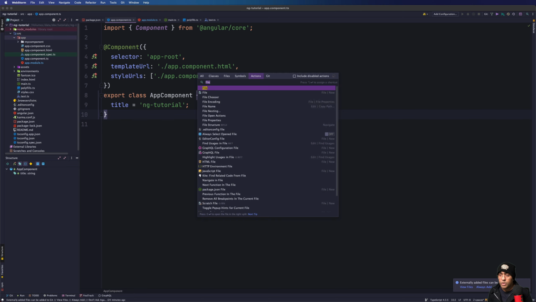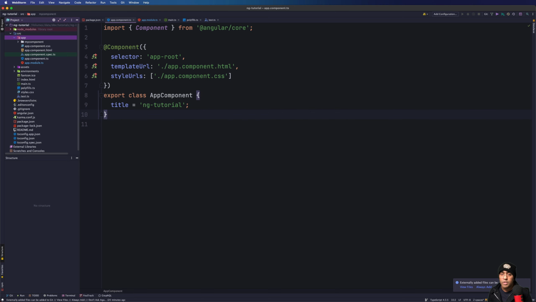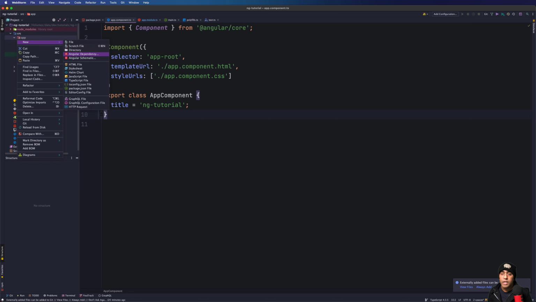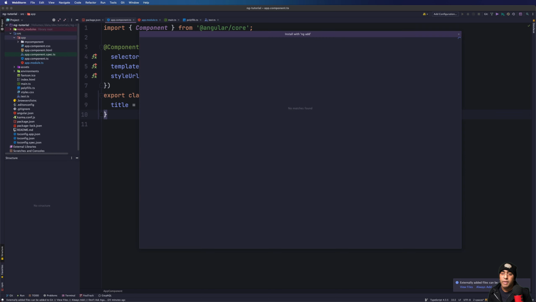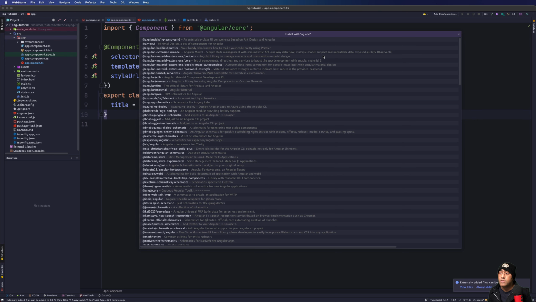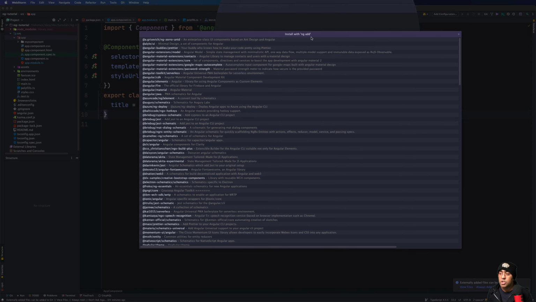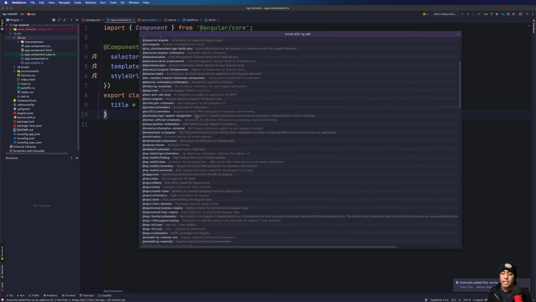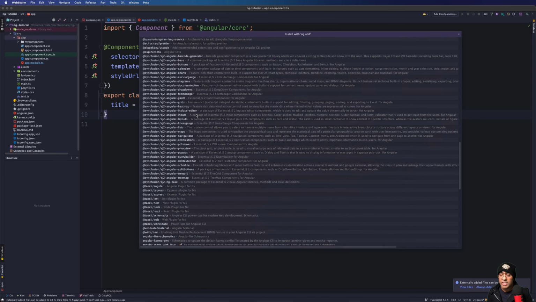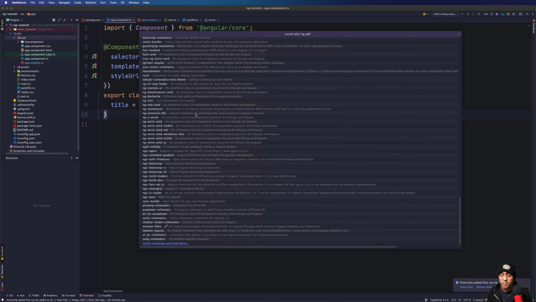I'm going to go to the context menu in the project, and we go to new, and here we got this Angular dependencies. Now, there was another thing added in Angular version 6, which is ng-add, which is basically schematics in Angular. So you can see there's a lot of schematics available, and you can just install them by using this Angular